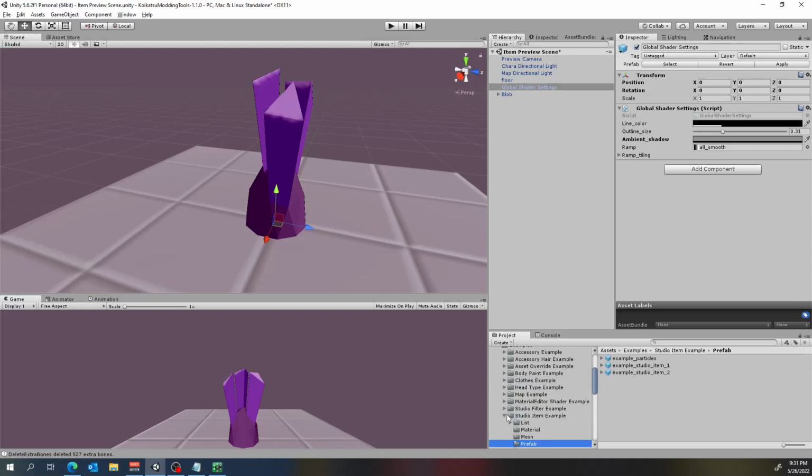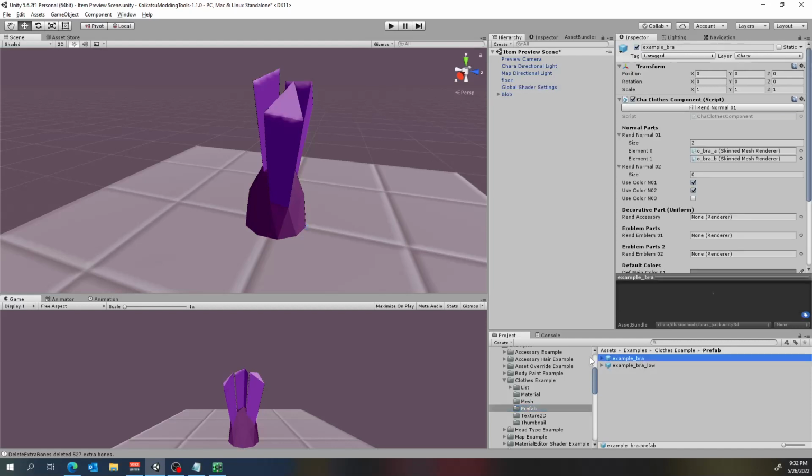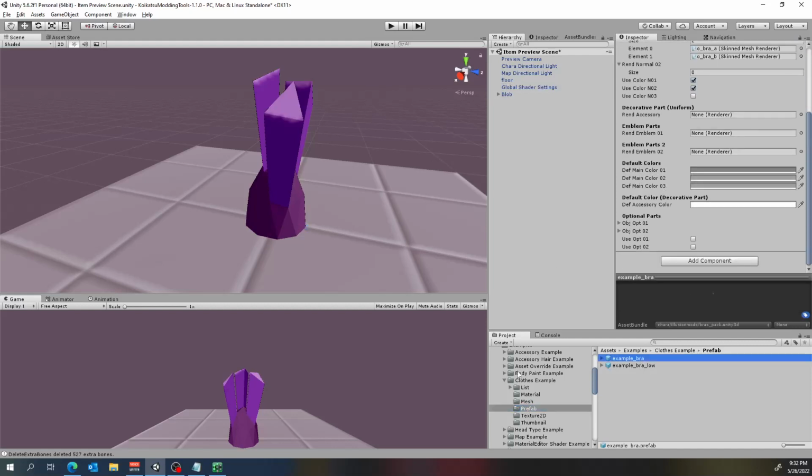We need an actual clothes example, and accessory clothes would be nice. Basically, more examples is what I want to add to Koikatsu modding tools next,